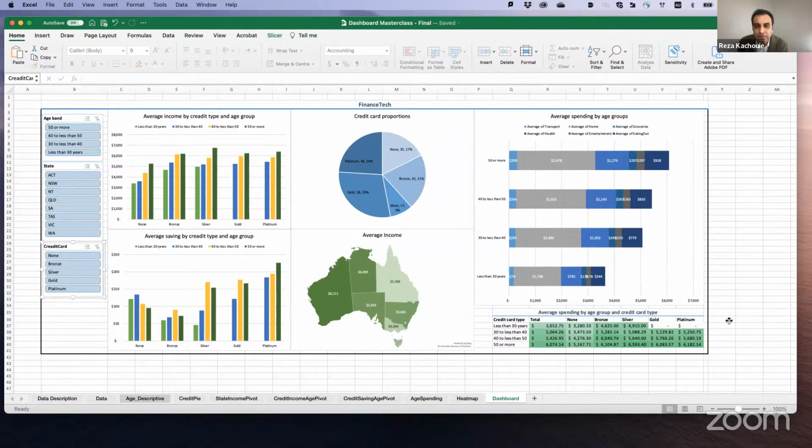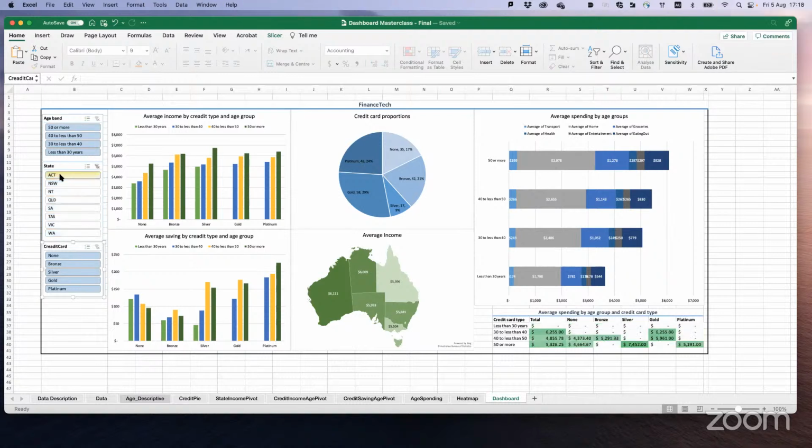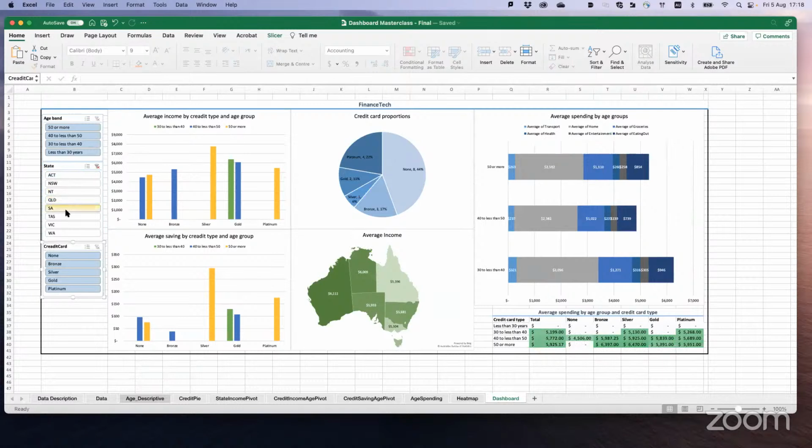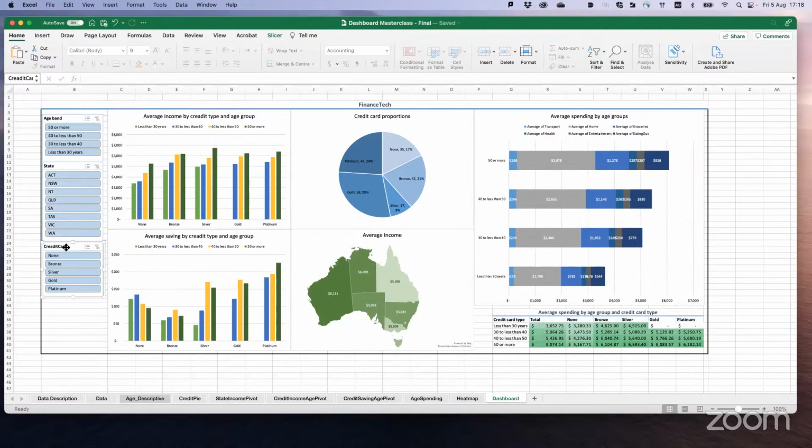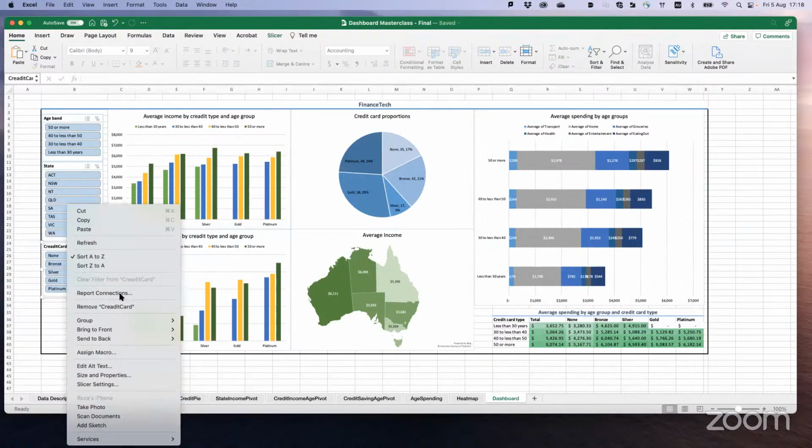Go ahead. So I have a question. Sorry. So about the pie chart on my side, when I press the slicers, the pie chart shows different percentages when I press the different slicers. Slicer. That's the whole point. Yeah, but it's showing the whole pie. Do you understand what I'm saying? I don't know how I can make it into, like, if I want to.